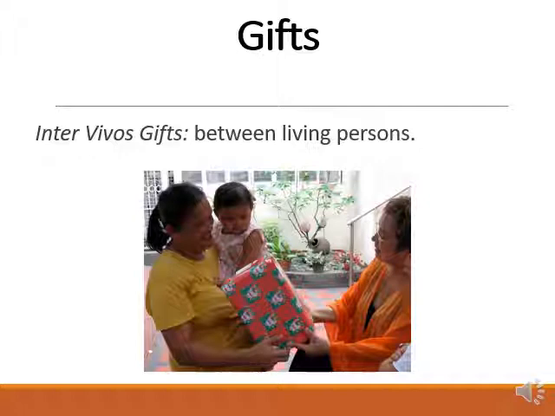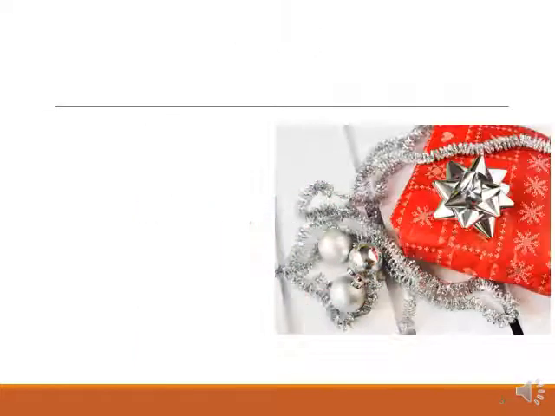There are other types of gifts that your book talks about. One type is an anatomical gift, which is a gift where individuals give body parts. And so an anatomical gift could be if I gave my kidney, for example, to my sister. There's also a gift causa mortis.